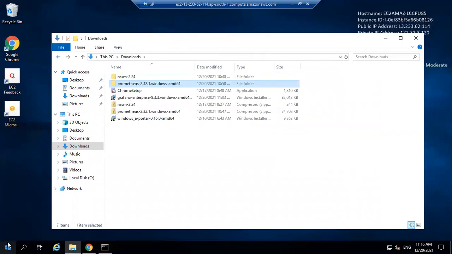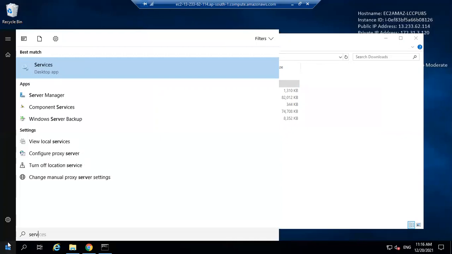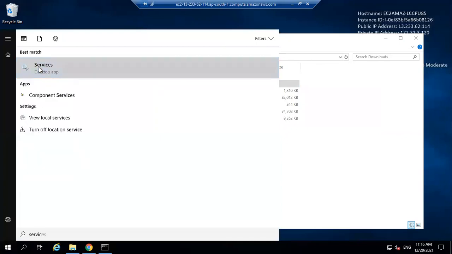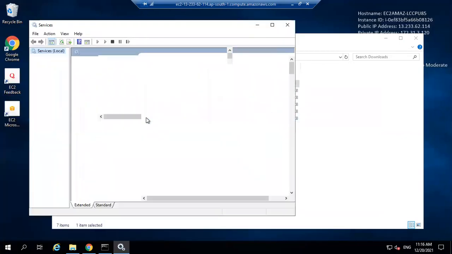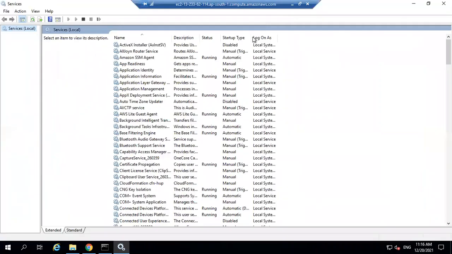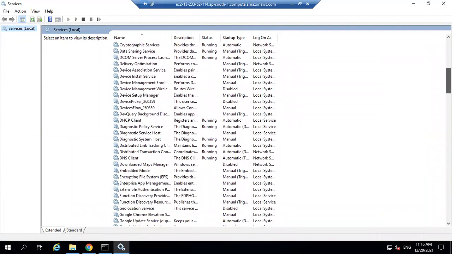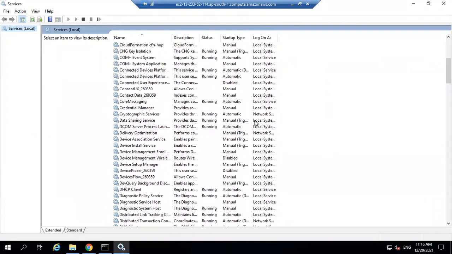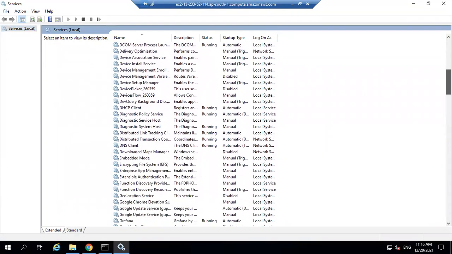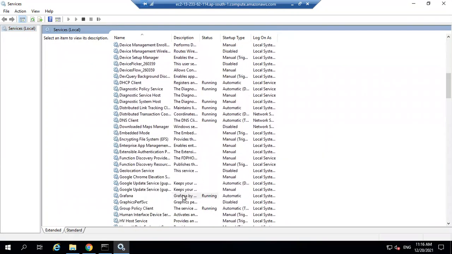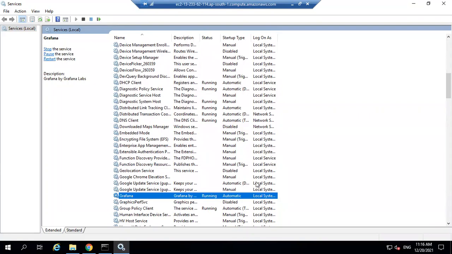So now if you go to the service, and here you can see firstly Grafana. You can see Grafana here and status is running.